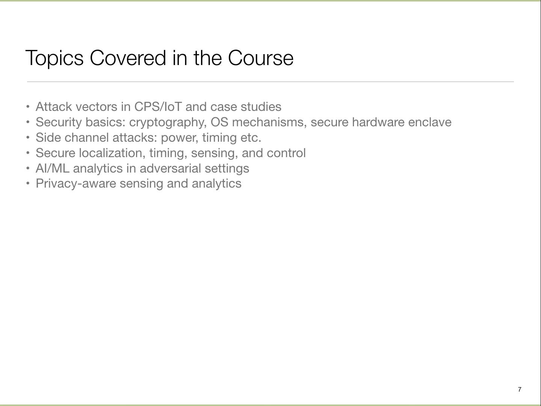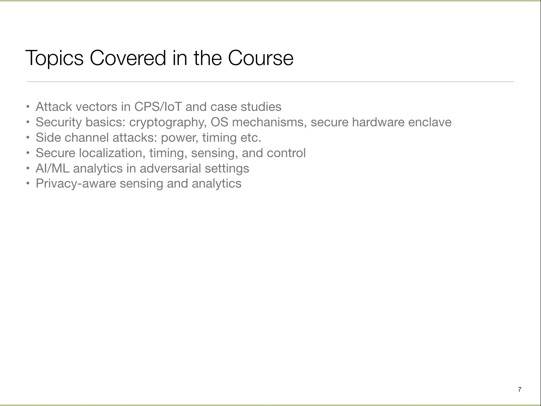But I'm going to describe what happens there, and similar kinds of issues with garage door openers and a whole bunch of other systems where the ability to measure time or location, if it gets compromised, has interesting consequences. Then we are going to look into this topic that I described, which is compromising the analytics and the control algorithms that go into these systems.